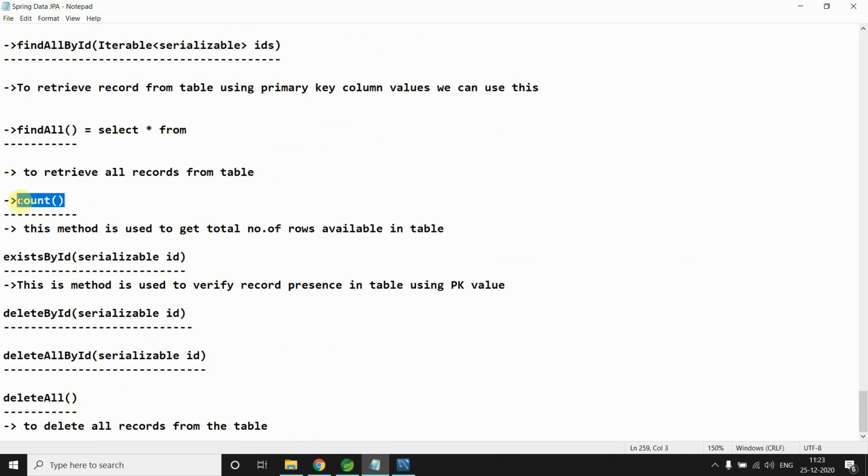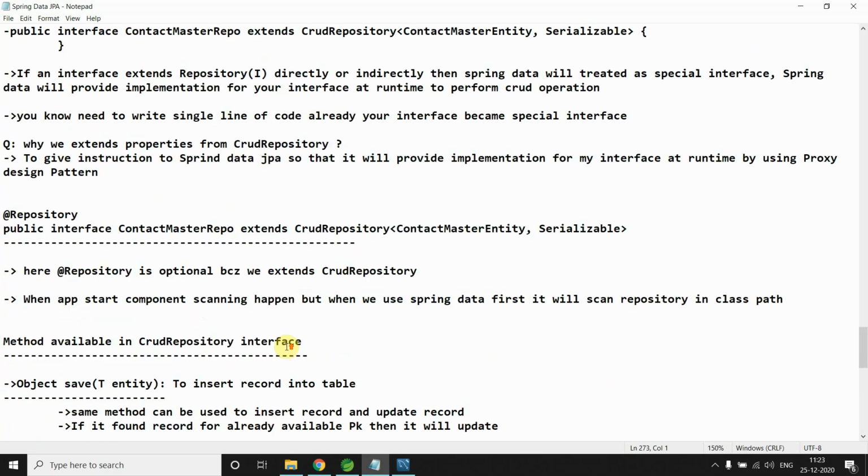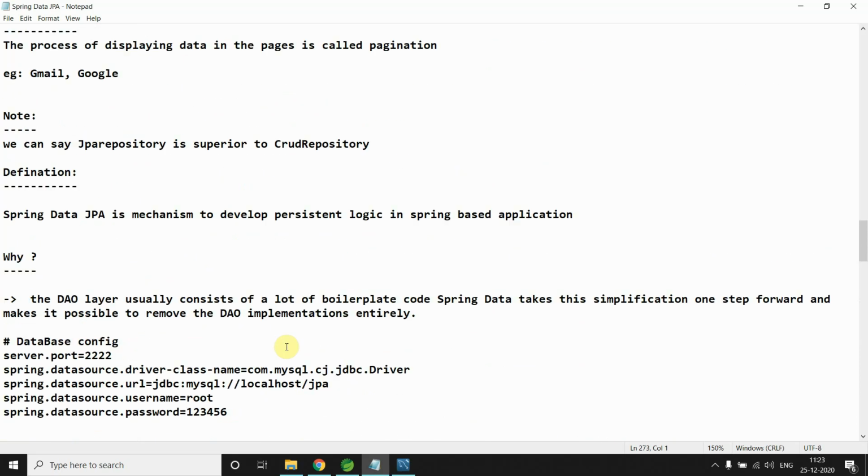Count tells how many records are there, existsById gives true or false. And deleteById, deleteAllById and deleteAll. That's all. These are the methods, and there are a few more methods in the JPA repository.